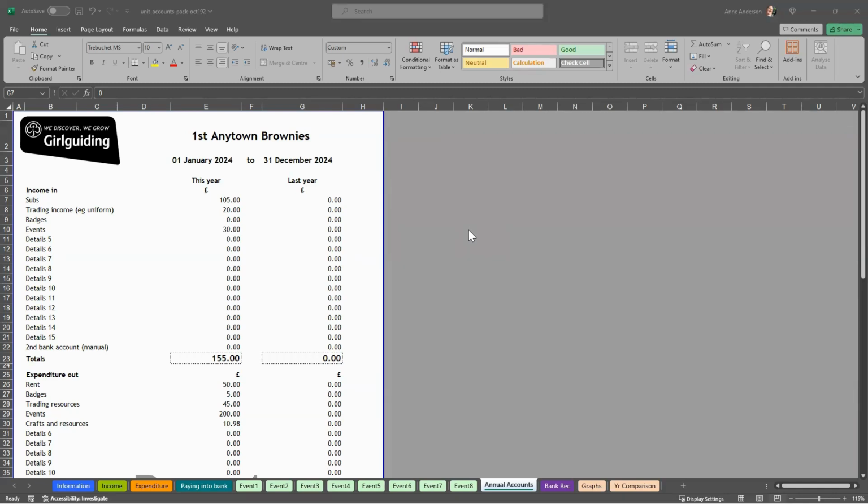What's great about this package is that if you complete all the information as you go through the year onto the different pages, the annual accounts page, which is shown on the screen here, will automatically populate the majority of the information for you. So, for example, it's pulled through your unit name and the dates from the very first information page. It's pulled through your categories from the income and expenditure pages. It's pulled through the totals that you've spent on those different categories into the income and expenditure list for this